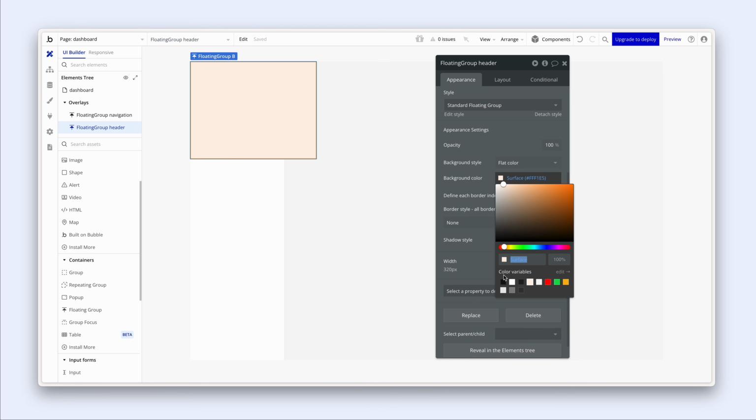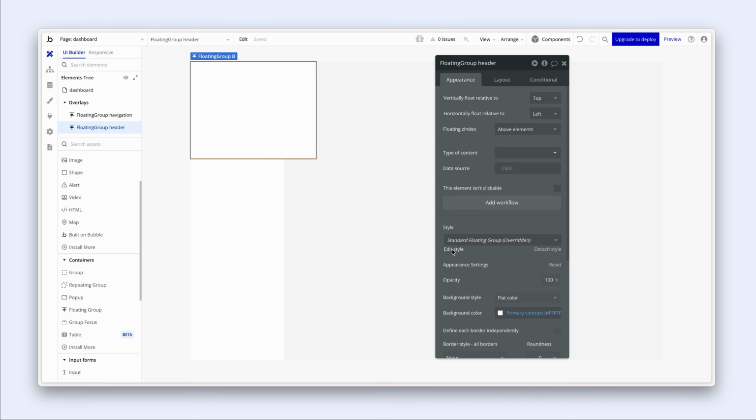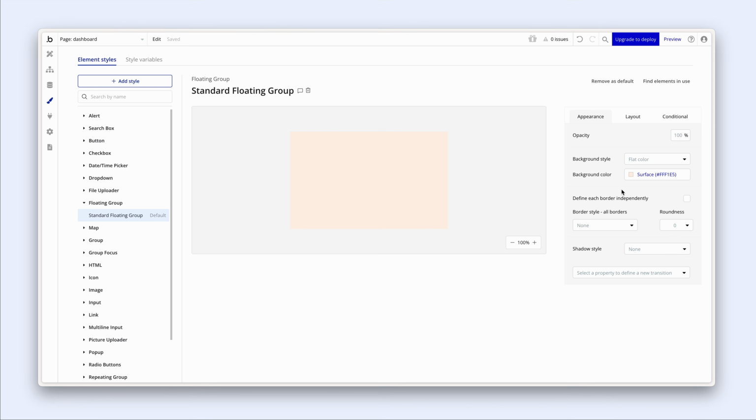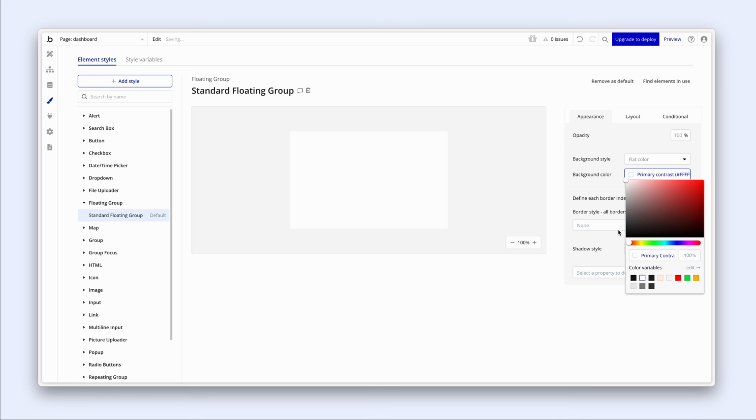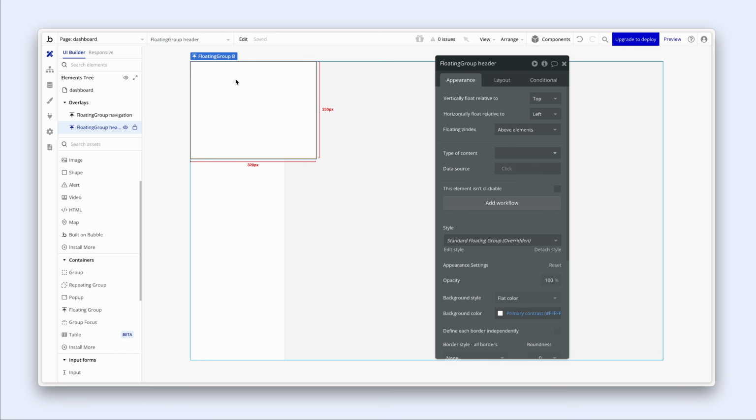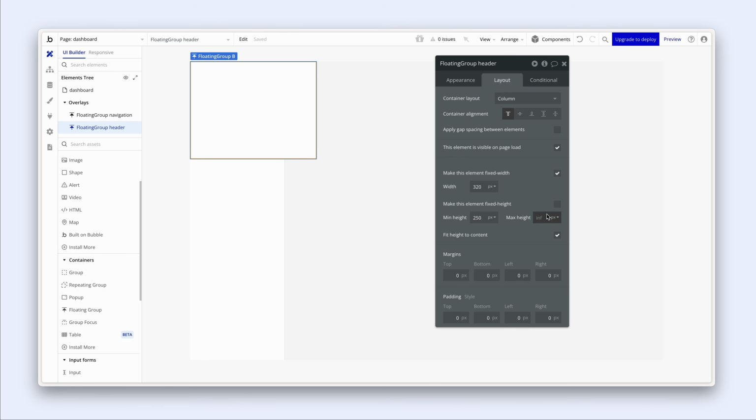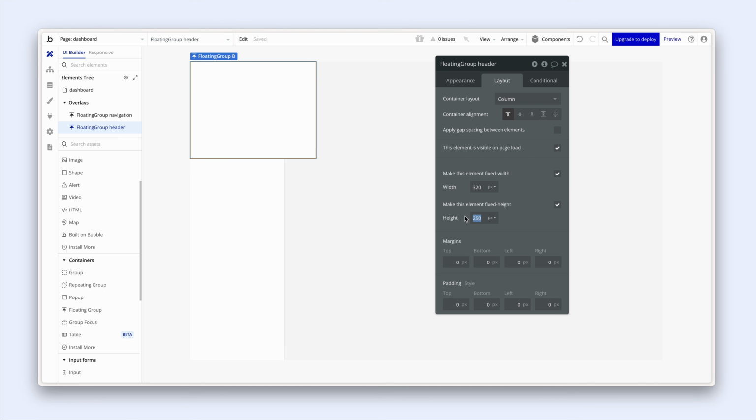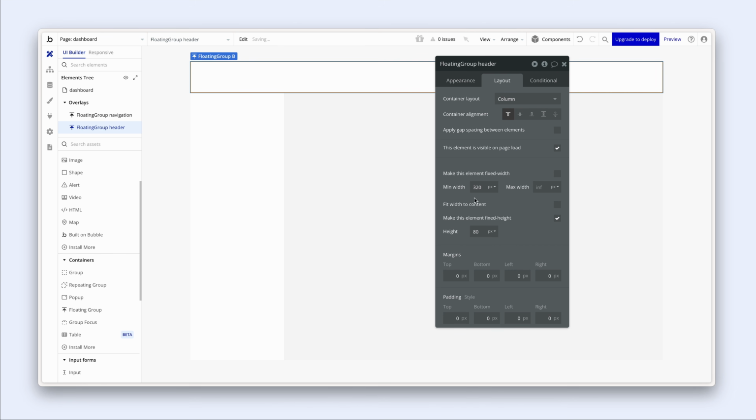Going to change the color to white. And in fact, we can just edit the style as well to be white for future purposes. Okay, I want this to be a fixed height, so I'm going to go across to the fixed height and choose 80 pixels, just a creative choice. And then I'm going to uncheck fixed width because it will never be fixed width, and then remove the min